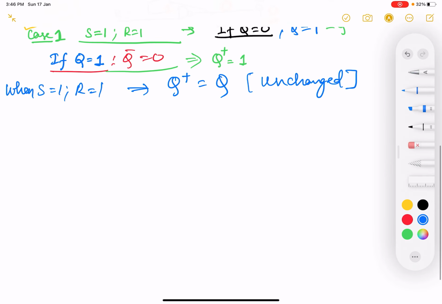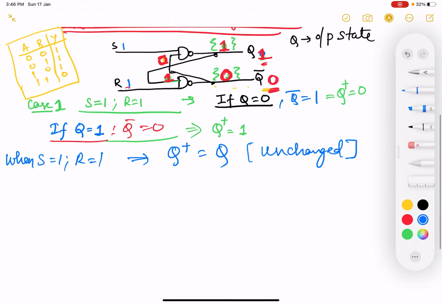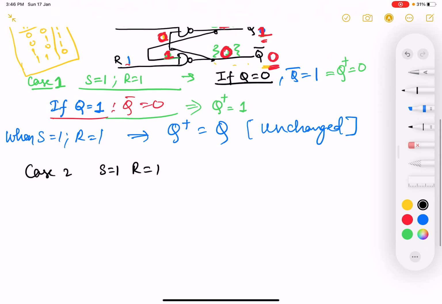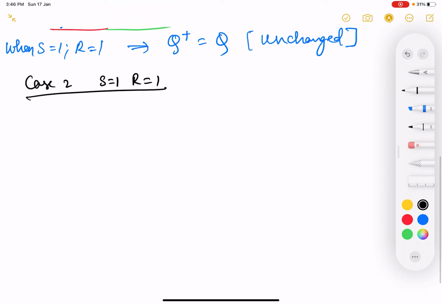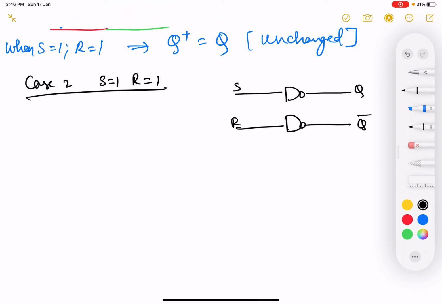Now we will take the second case, case 2. Here we will assume that we are applying the input as S equal to 1 and R equal to 0. Okay, I'll quickly draw the circuit logic. S, R, Q bar. This is the feedback. Okay. And now we are assuming again, we are giving the input as 1 and 0 this time,